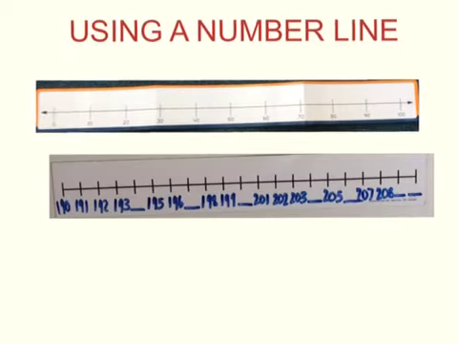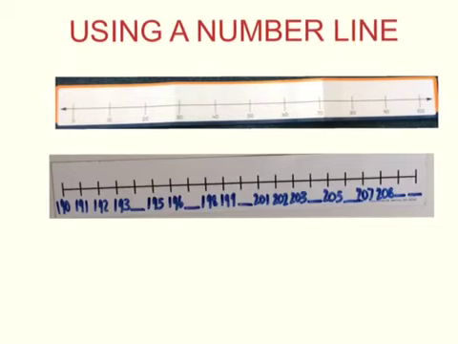Now, if we have a look at this number line here at the top, we can see that there are the numbers 0 all the way to 100. Now, what do you think they're actually counting in here? That's correct, they're counting in 10. So each of these lines actually equals 10. And we can see that it starts at 0, the next one is 10, 20, 30, 40, 50, and so